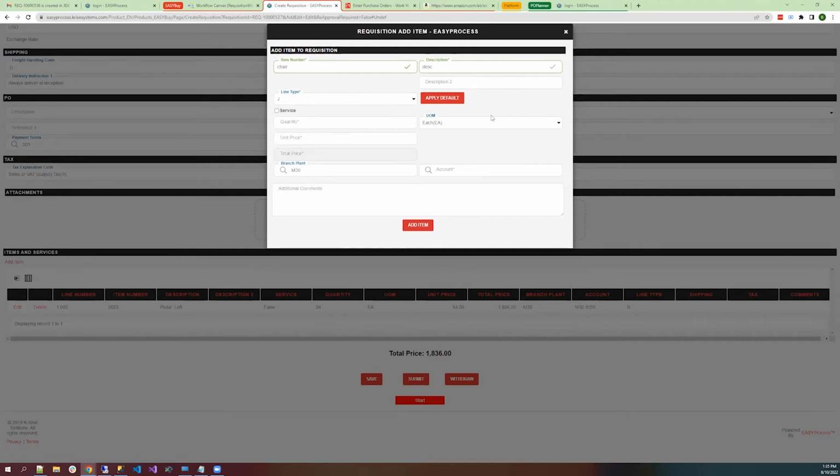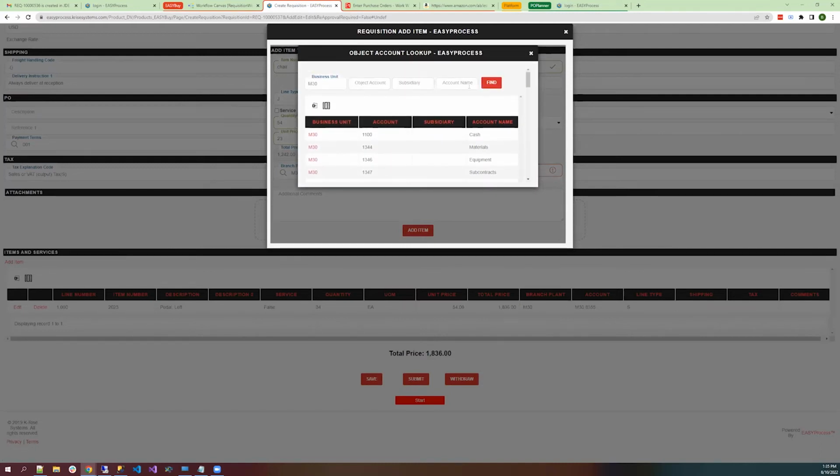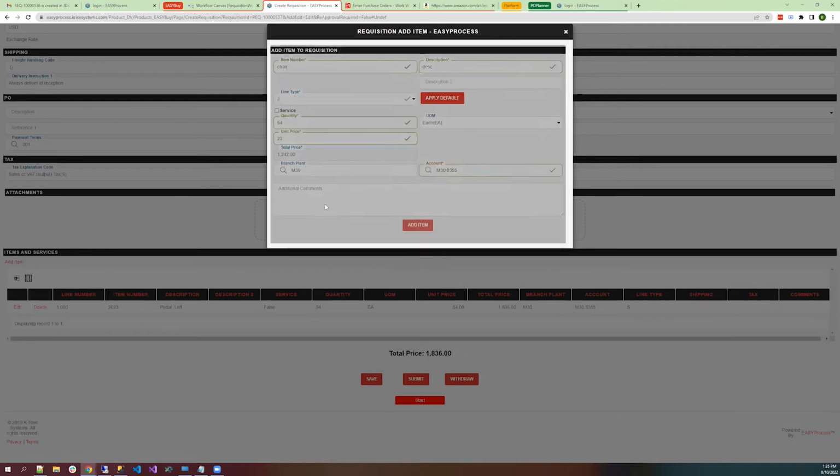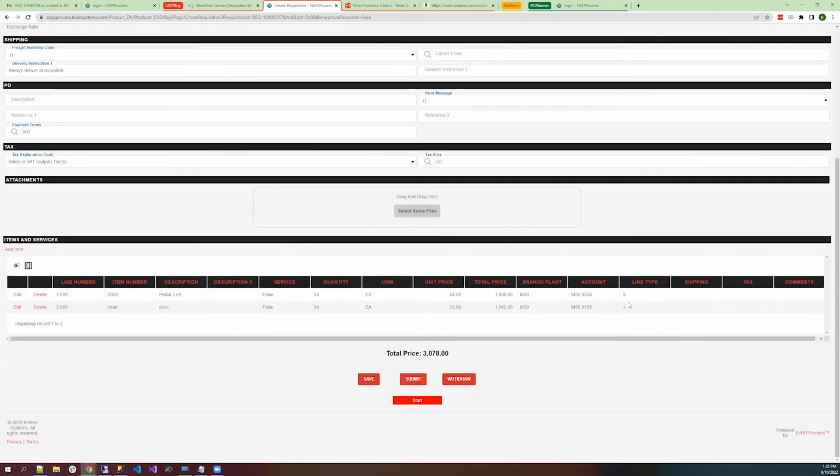Yeah, that's right. But just for the sake of showing both examples, I'm going to add a non-stock item here. We can fill out our account manually or by hand. So I'll actually just search for that same one. And then we'll just click add item. Yep, and now we have an S and a J in the same requisition.